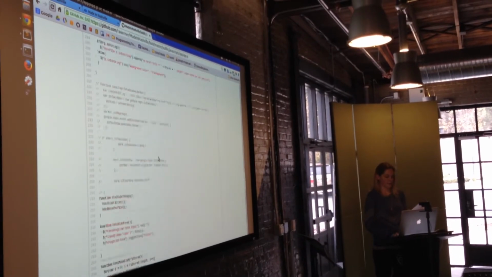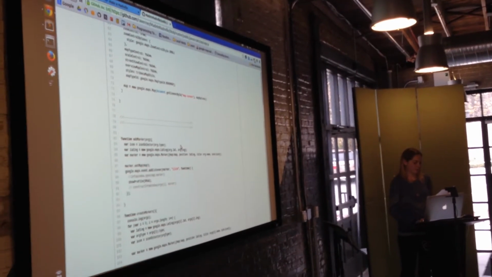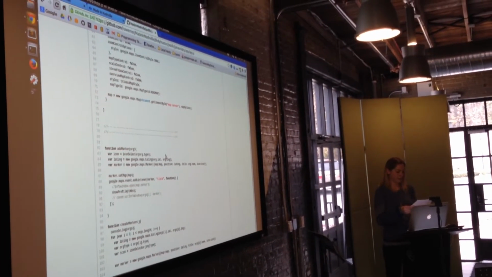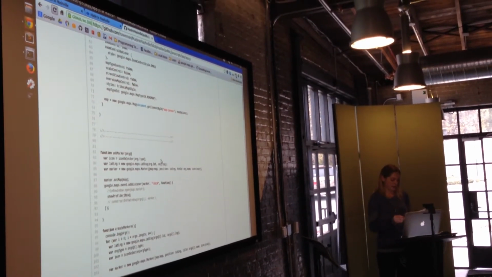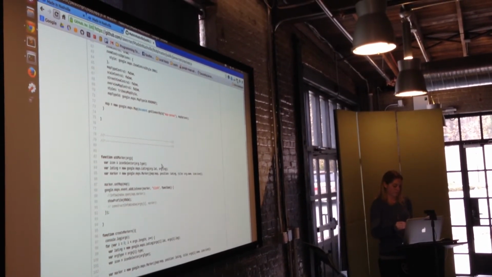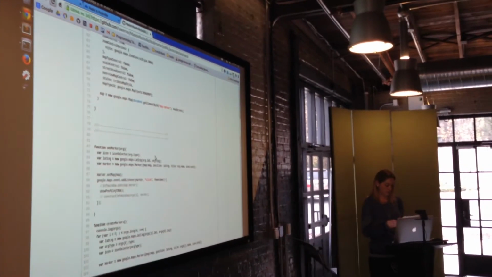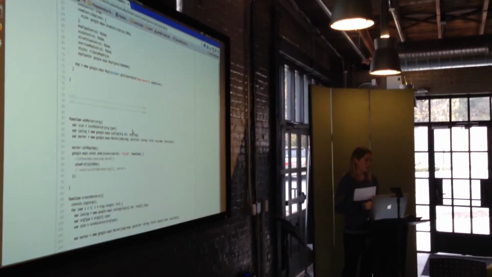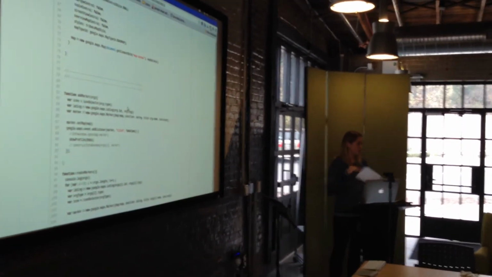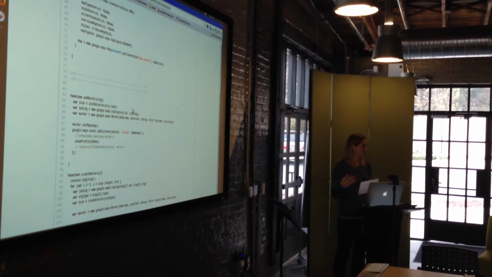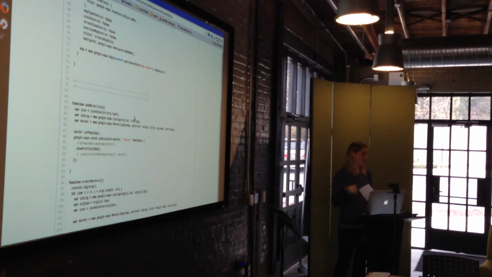What else have I done here? Used Lodash for filtering. Used Ajax. I used the geolocator through Google to translate the street address into the longitude and latitude, which allowed me to place the markers on the